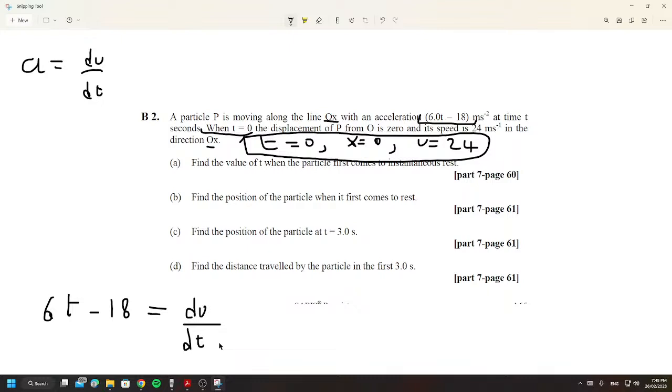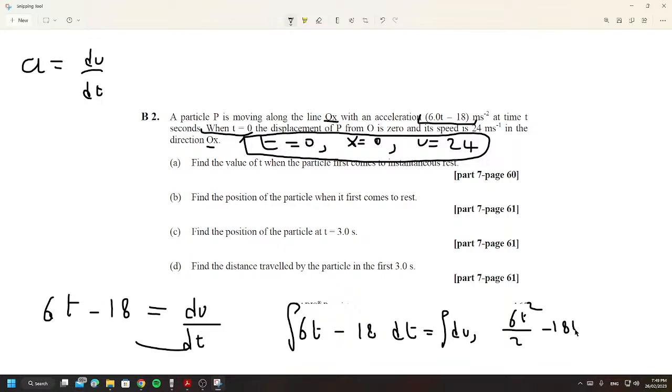Okay, so we move dt to the other side. We're going to get 6t minus 18 dt is equal to dv. Now integrate, and we get 6t squared over 2 minus 18t plus c equals v, and then we do the